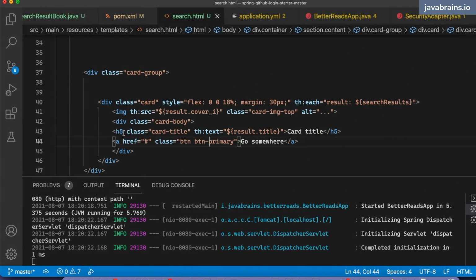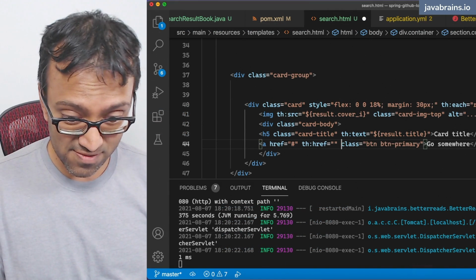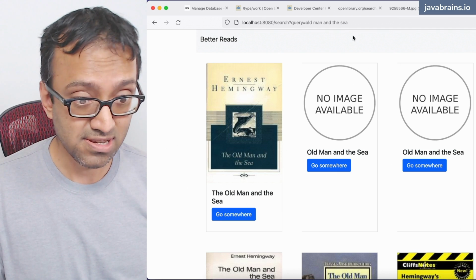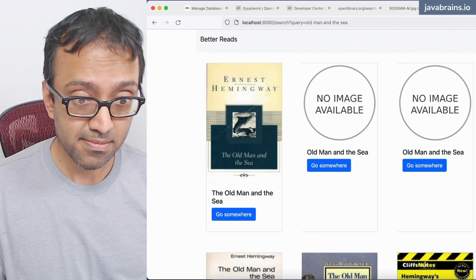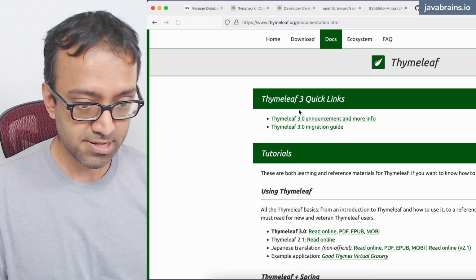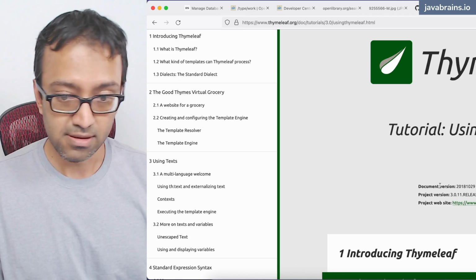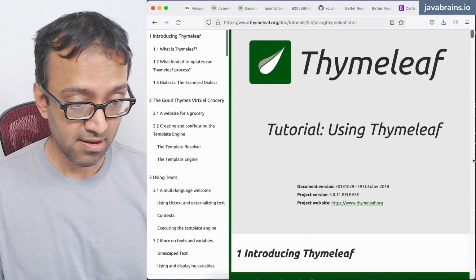So this is an href, which is fine. This has to be th:href because this is Thymeleaf syntax, right? Thymeleaf links are crazy. They're tricky. So I'm going to have to look this up. I don't remember how to do this. Did I not have the Thymeleaf thing open? Right. Documentation and read online. The link in Thymeleaf